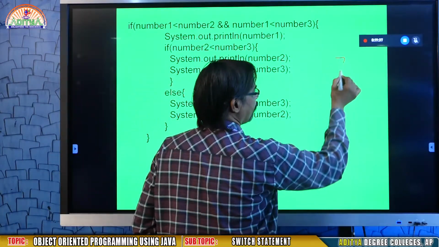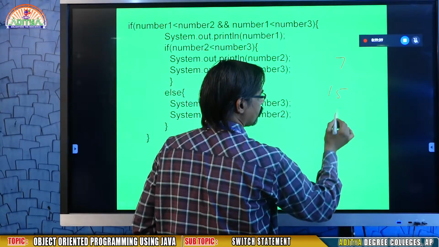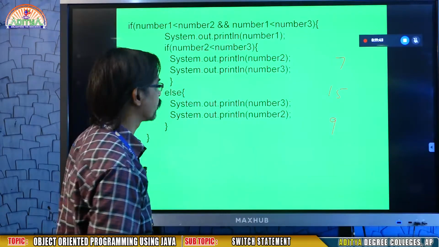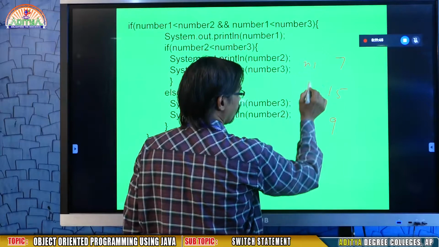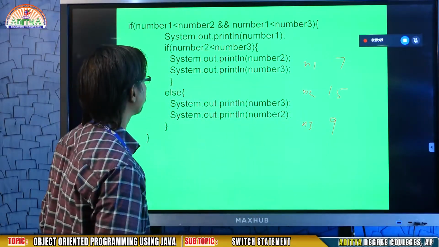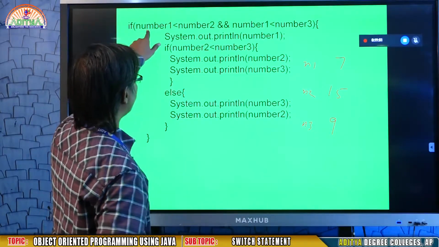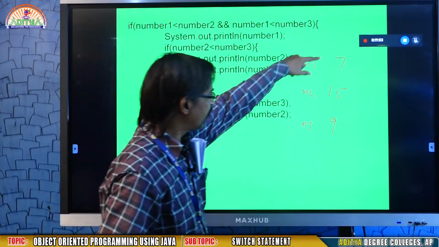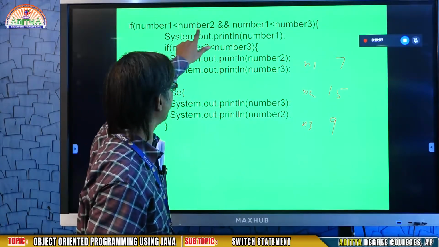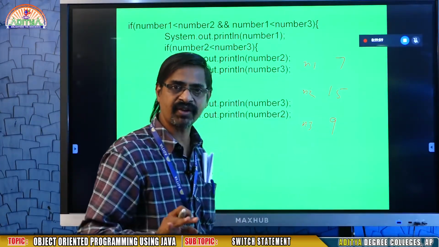Okay. 7, 15, 9. The values are given like this. This is number1, number2, number3. Assume that I gave 3 values in the previous screen. Now check it. Is number1 less than number2? Is 7 less than 15?